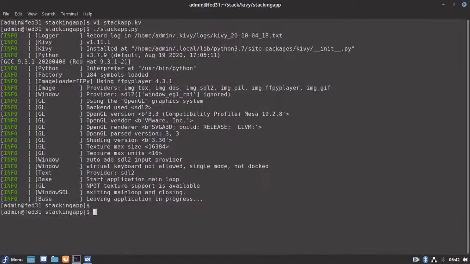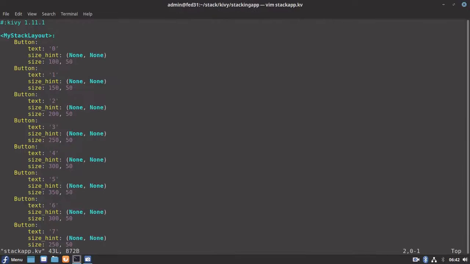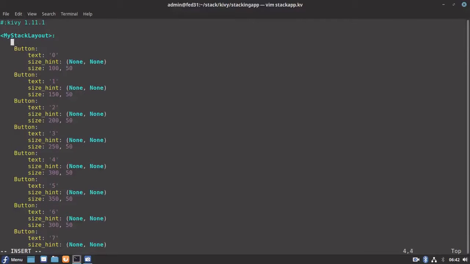So let me try to change the orientation now in the KV file. Here let's try to define our orientation. Let me define it now as top to bottom and left to right. So it will try to arrange the widgets from top to bottom, and then it will again go to the top in the 2nd column and come down.